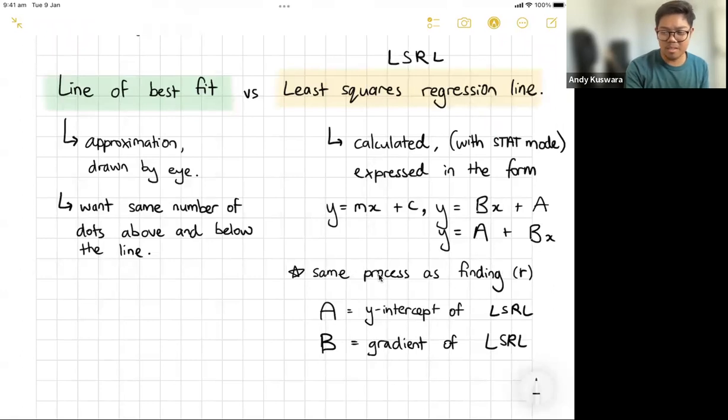It's the exact same process as finding your Pearson's correlation coefficient. So often with a question like this, they'll give you a set of data and then they'll ask you to find Pearson's correlation coefficient, and then they'll also ask you to find the least squares regression line. Okay. Now, to give you an idea of how it's calculated,